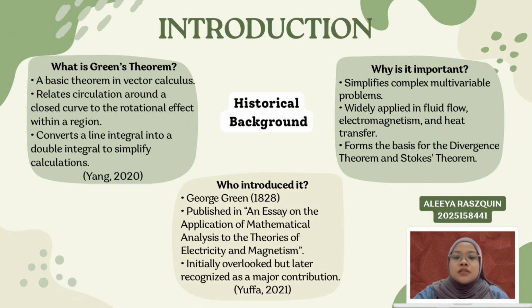Next, Green's Theorem was first introduced by the English mathematician George Green, in the year 1828 in his article, an article on the application of mathematical analysis to the theories of electricity and magnetism. Although his work was unknown at first, after he improved it, it became the most significant achievement in vector